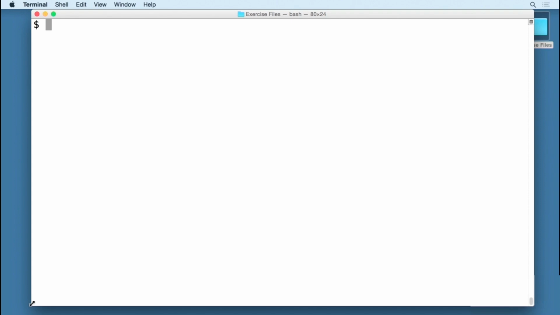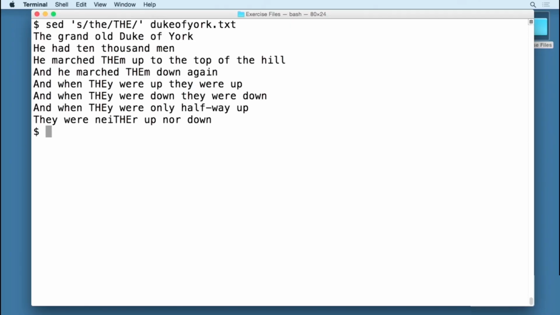Usually Sed prints or outputs each line. If the s command makes any changes to the line, it is printed after the changes are applied. The -n flag tells Sed not to print anything unless explicitly specified. To specify printing, you add the p modifier to a command, which tells Sed to print the output of the command. For example, as you've seen earlier, sed s/the/THE/ Duke of York.txt replaces the first lowercase